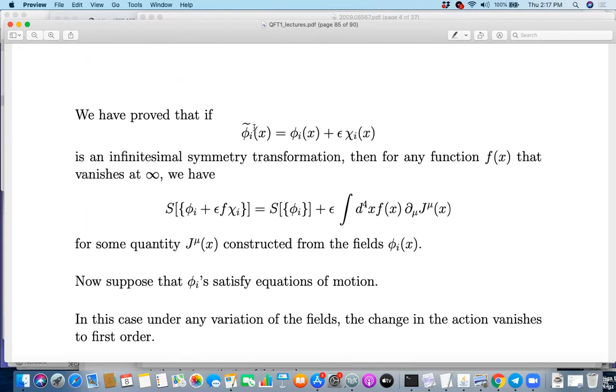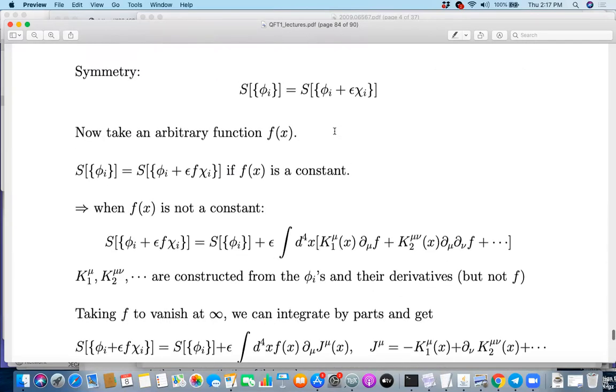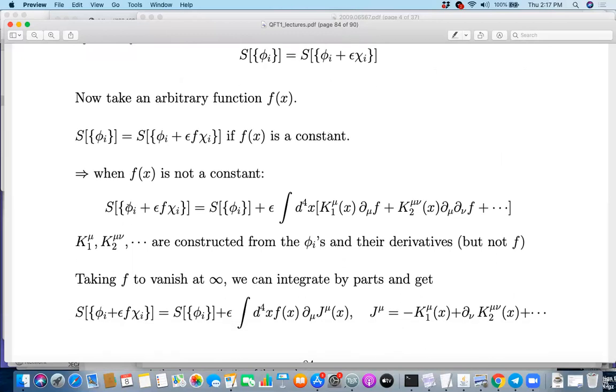No, this is not. This is a symmetry transformation. Yeah, that is correct. But in the previous page... So this expression, this d4x k1 mu del mu f, is this term you have written. So is this the general expression? Yeah. So the claim is that if this is true,